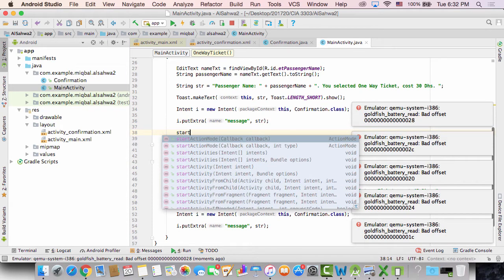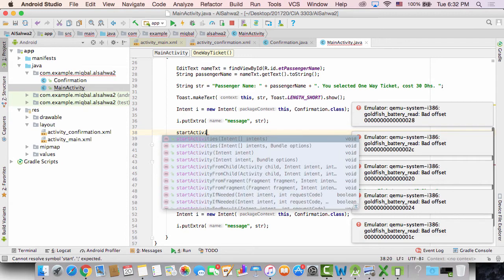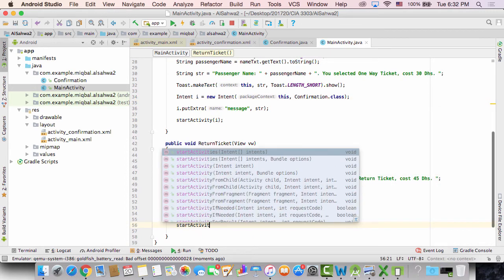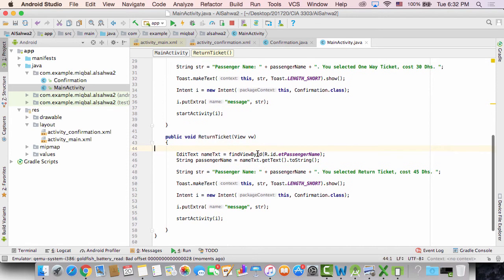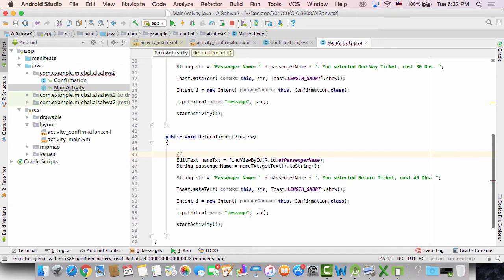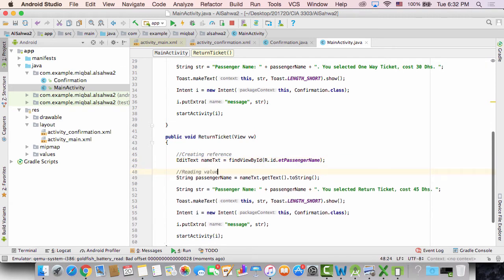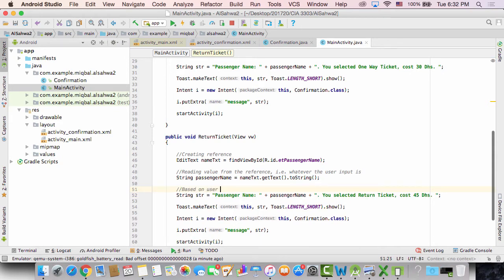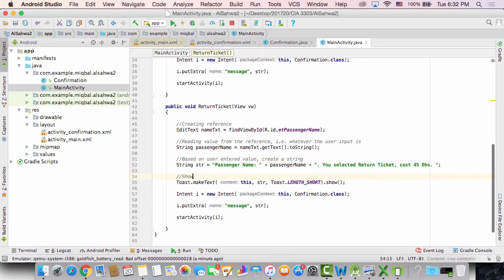So let's start the second activity. startActivity(i). So it will start this activity. So basically I'm creating a reference, the first line, second line I'm reading value from the reference, it is whatever the user input is, and then based on the user entered value create a string, whatever, like he's written different names, and then show the message in a toast, and then